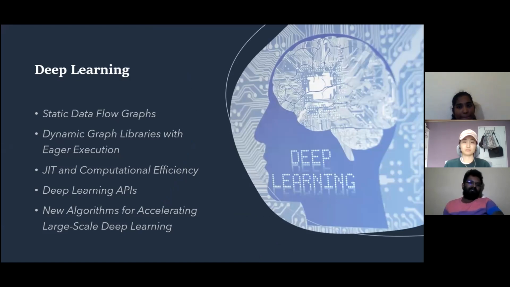For deep learning, we have the stages of static data flow graph and dynamic graph libraries with execution and JIT compilation for computational efficiency. We will discuss deep learning, which is typically a representation learning approach. One of the main advantages of deep learning is that it is well adapted to smaller data sets, and DNNs can also handle large data sets. So the static